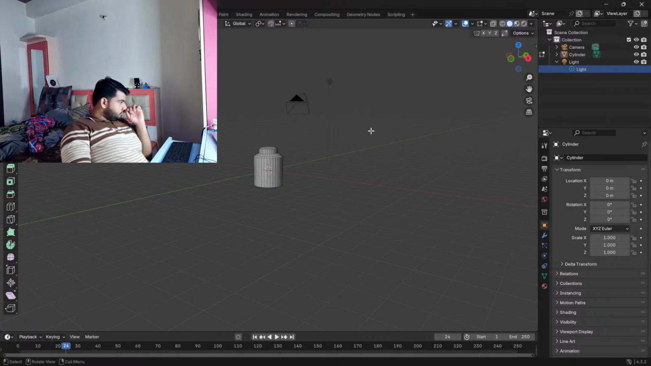Now to see this a bit further, what we're going to do is go across to the shading workspace. So at the top here, you have your workspaces,